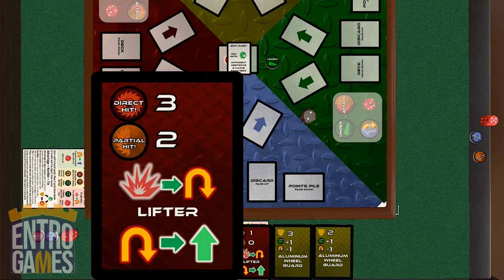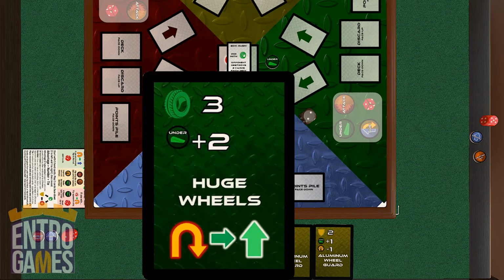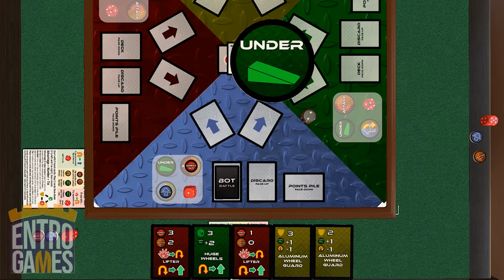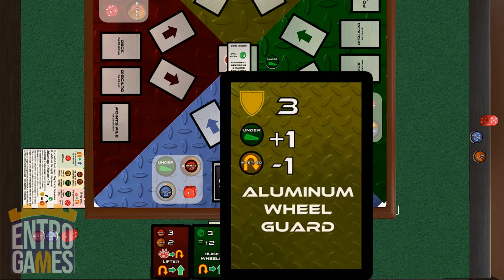And this card also lets me put myself back to normal if I am inverted. The huge wheels will do 3 damage. It'll give me 3 power worth of move. And if I have the under chip here, then that'll be worth 2 more. The aluminum wheel guards will give me 3 armor. It will give me 1 more armor if I have the under chip, and if I am inverted, it'll be